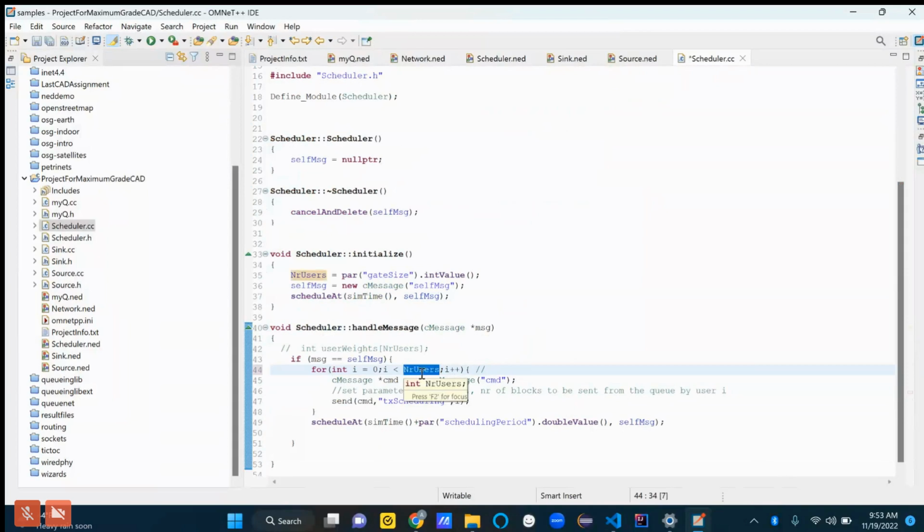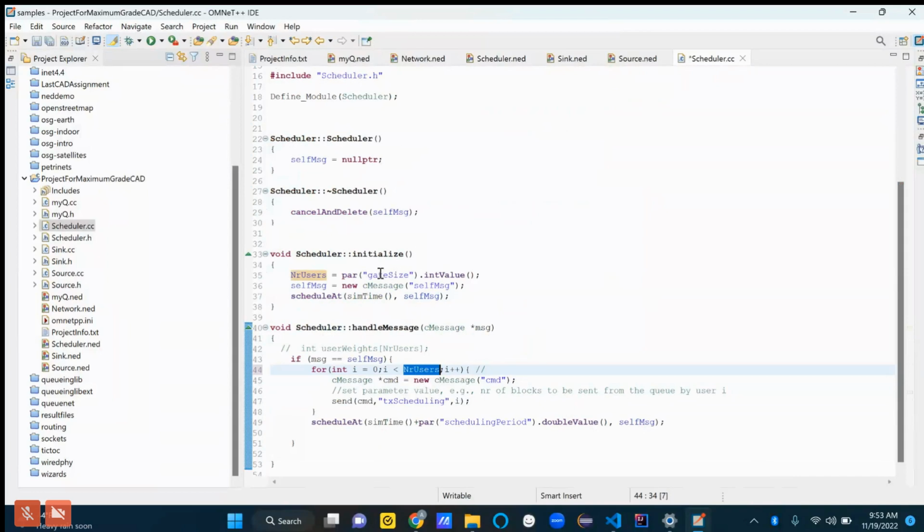It's not the number of users. If you want to call it something other than gate size, we should probably call it number of priorities or number of groups, because in general there are n users, but they fall into three groups. It's a little confusing, and we should make our terminology as consistent as possible.